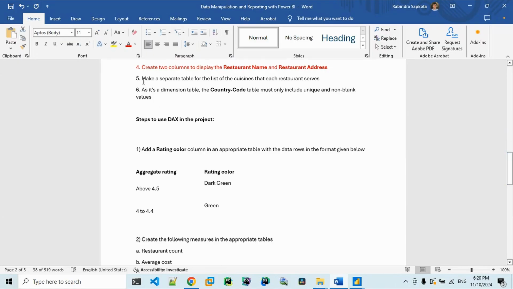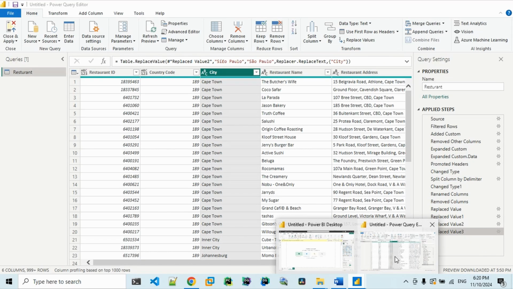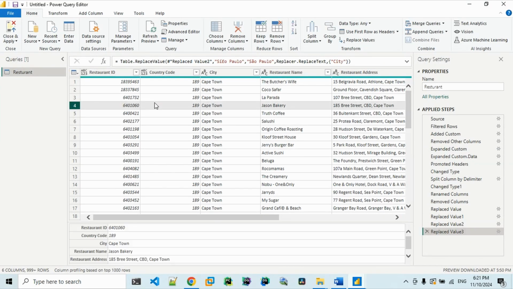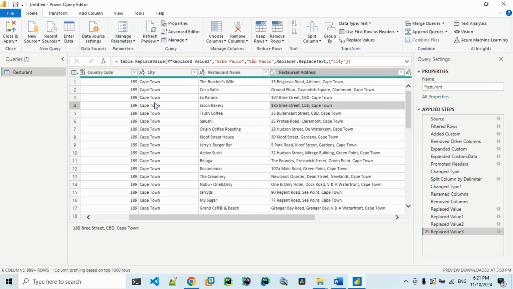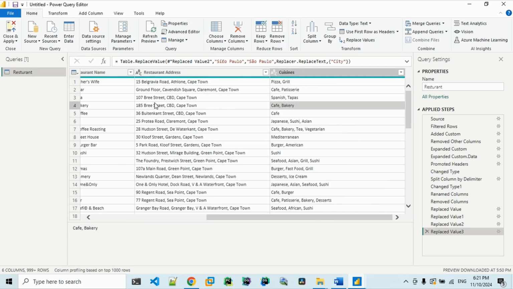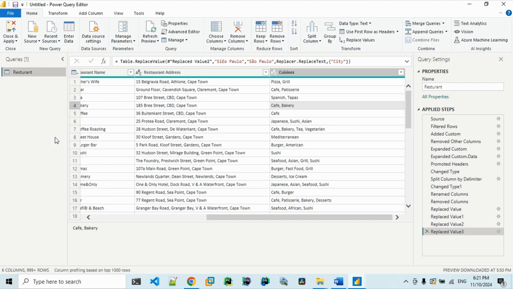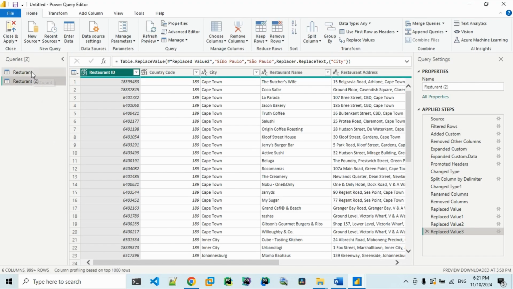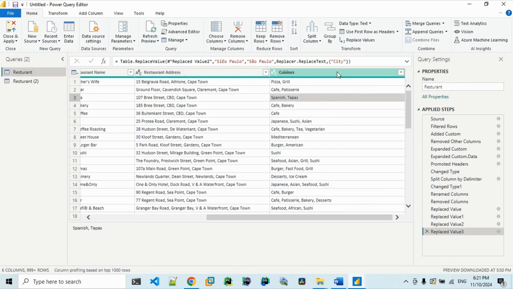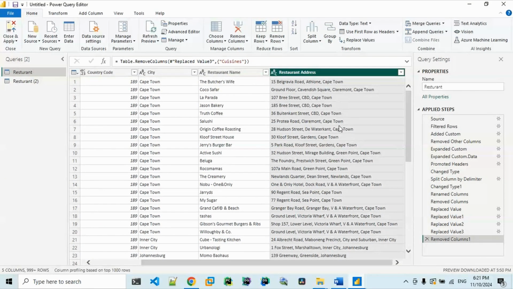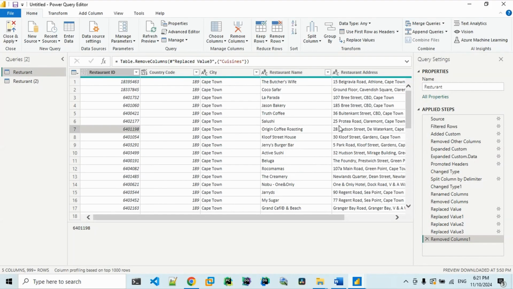Okay, now we need to make a different table for cuisines. So let's see here. We have restaurant ID, country code, city, restaurant, restaurant address, and cuisine. So we don't need cuisine here, and cuisine has to be on a different table. So what we can do is duplicate this one, remove cuisine from here, select here, delete. So cuisine has been removed from here,